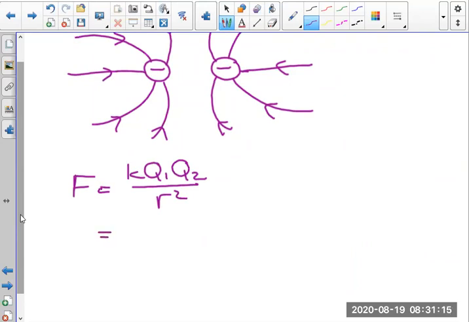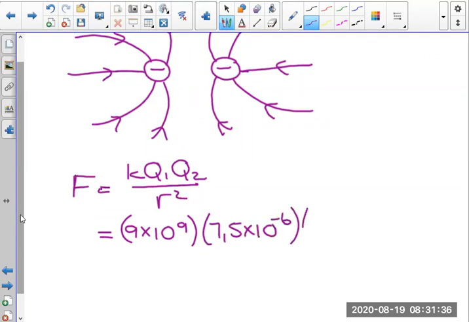Now, K is 9 times 10 to the power of 9. That's a constant on your information sheet. Q, remember now, the 2 charges have exactly the same charge after they've touched. So 7,5 times 10 to the power of minus 6, and then again, 7,5 times 10 to the power of minus 6. Now, what you need to remember there,